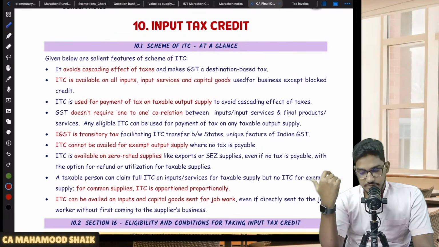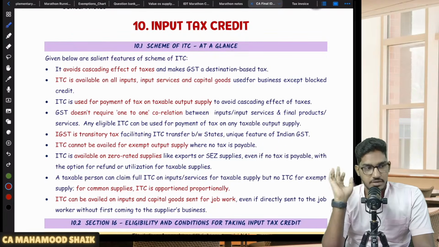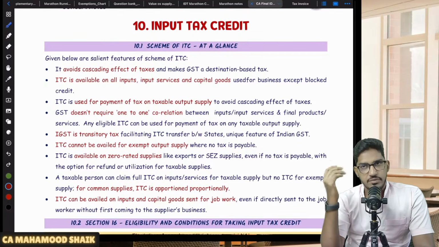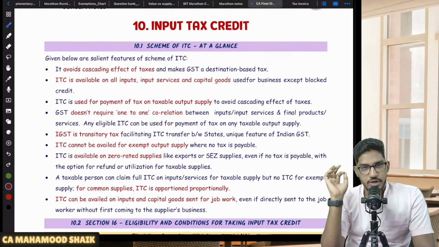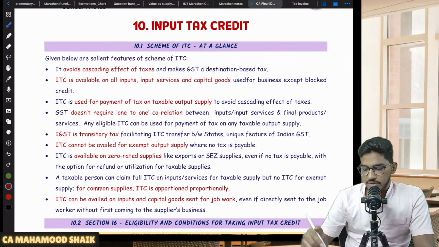I will simply say: input tax credit. Without writing the term input tax credit, without referring to the sections of input tax credit in your exam, you might not be writing the IDT exam, you might be writing something else. If you are writing the IDT exam, definitely in your answer sheet you will be writing the term input tax credit and the various sections we are about to revise in this chapter, compulsorily. If you are not writing it, definitely you are not writing an IDT paper. That is one thing I can assure you. Such an important chapter is this input tax credit chapter.